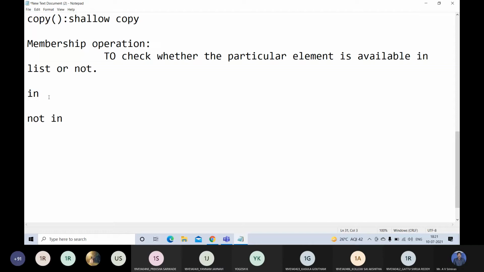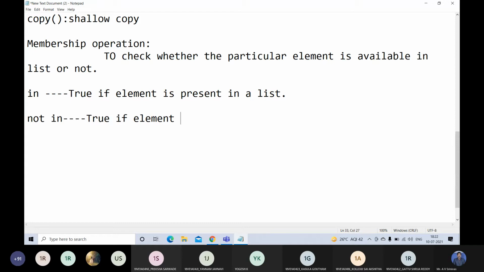The in operator gives true if the element is present in the list, otherwise false. Whereas the not in operator gives true if the element is not present in the list.